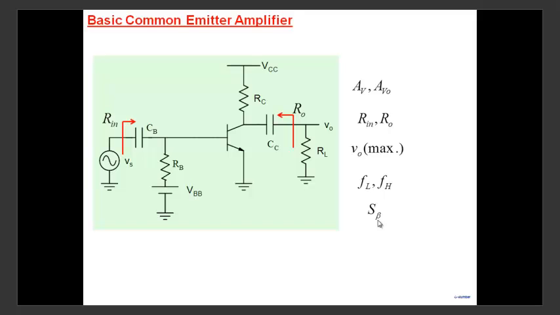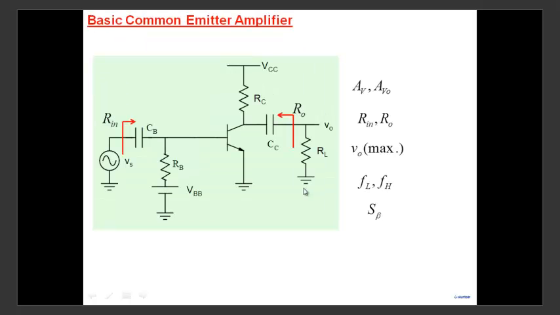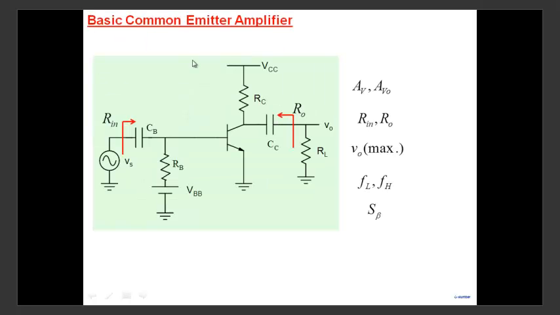Beta is one of the dominant parameters which varies a lot. So we need to look at all of them. Let's start and see one by one. What I'm going to do next is mid-frequency analysis, which means whenever we talk about gain, input